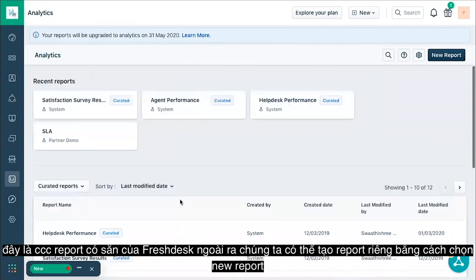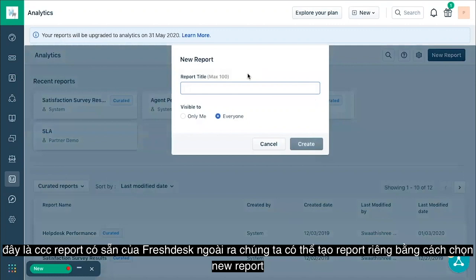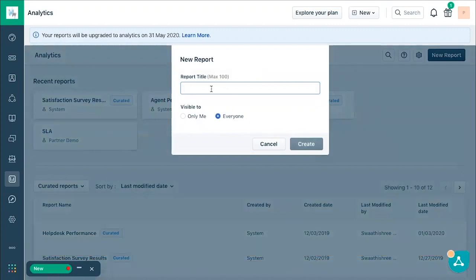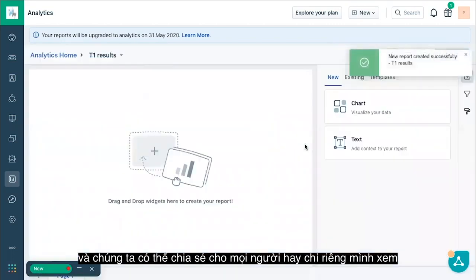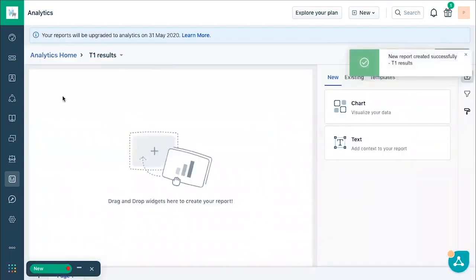On top of this, you will also be able to create your own reports by clicking the new report capability, and you will be able to give it any title. And you can either have it for everyone or just for you. I'm just going to go with only me. So here, this is the